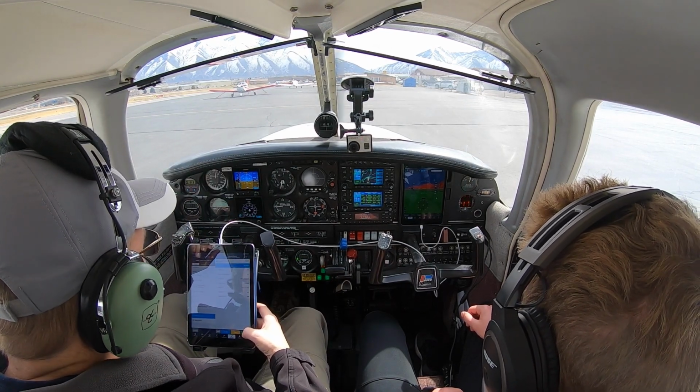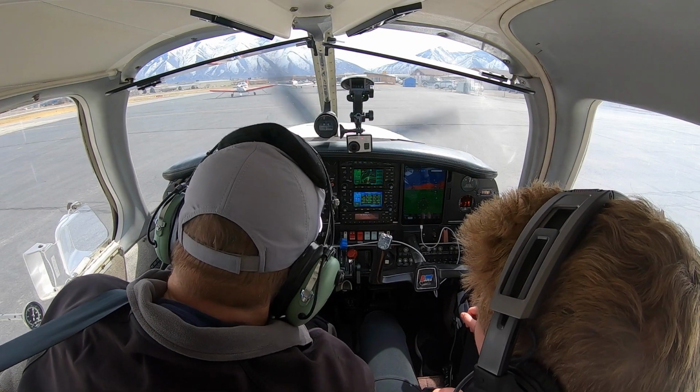This is RB 520 Tango Golf. We're going to taxiway A down to